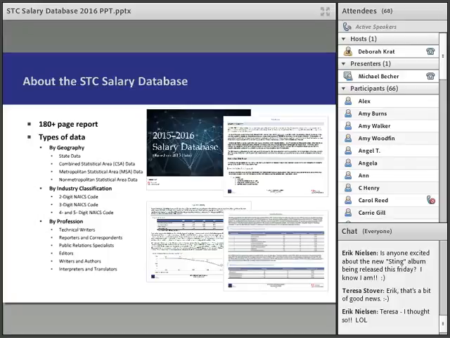We also show the data by industry classification, and we do that by NAICS codes. For those of you unfamiliar with NAICS codes, it's basically a way to look at different industries. Every industry is given a NAICS code, and within that, the more granular you get, the more digits of the NAICS code you will have. So for instance, if you work in an industry that's just based on information, that would be a 2-digit NAICS code of 51.